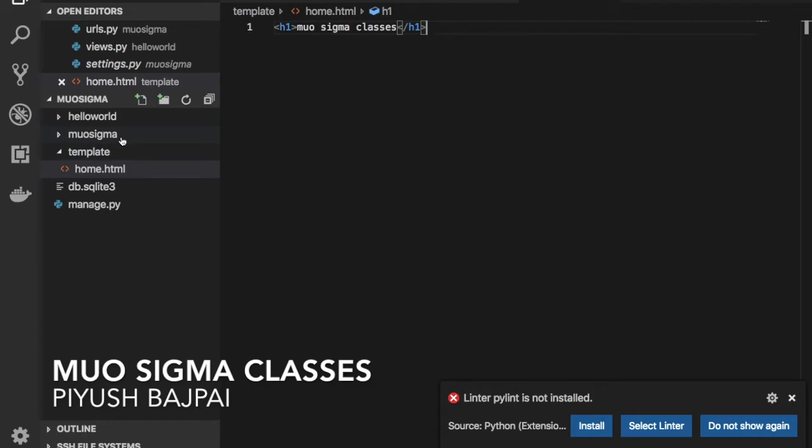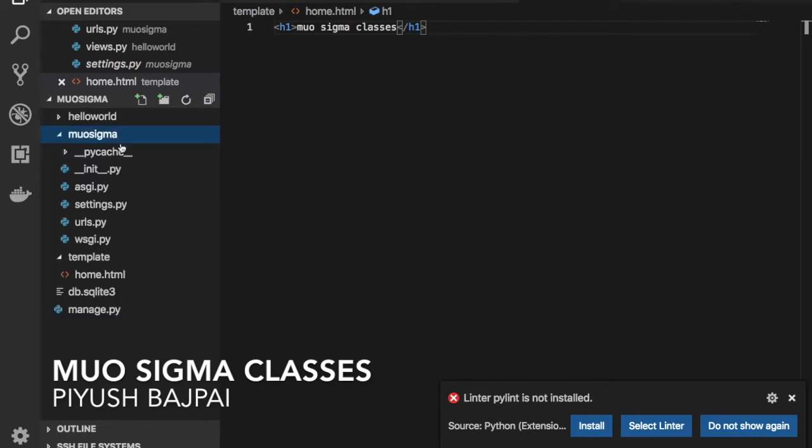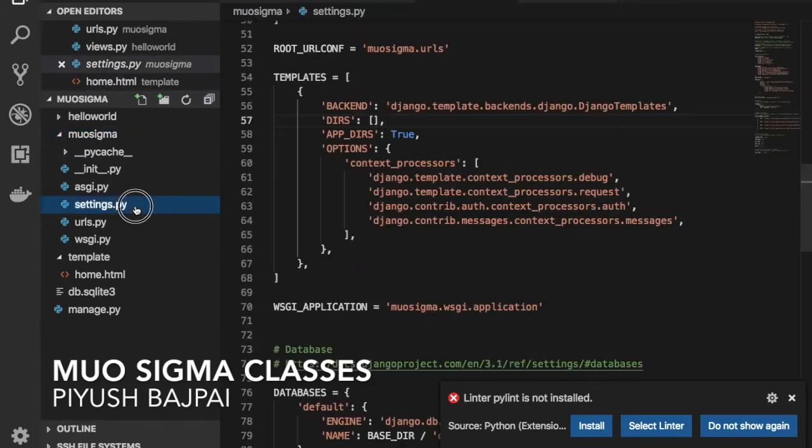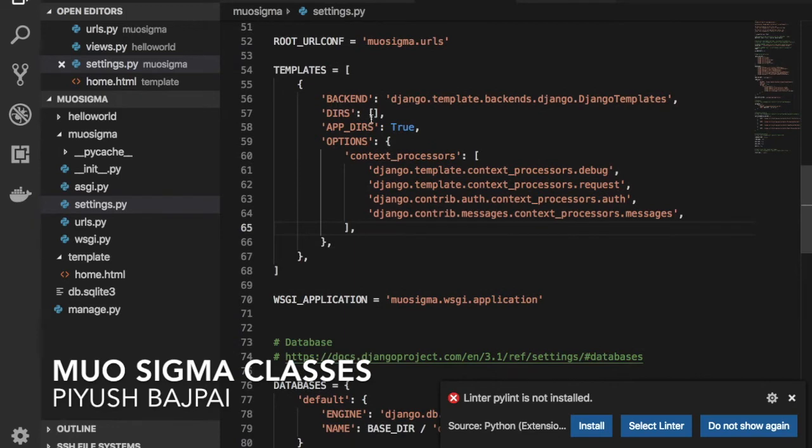Now let's go inside this Mu Sigma project and click on the settings.py file. In this file, you can see we have the DIRS. We need to make some changes here.